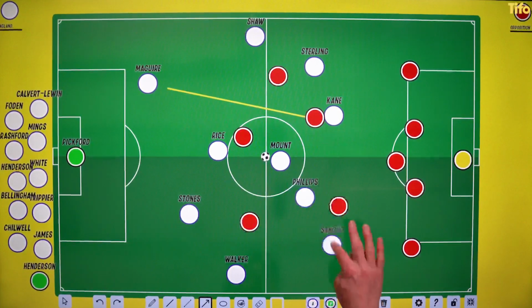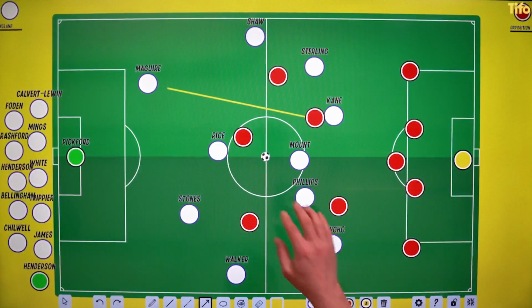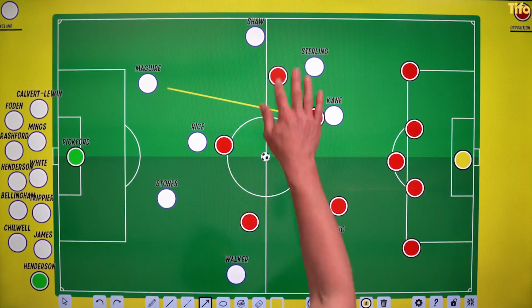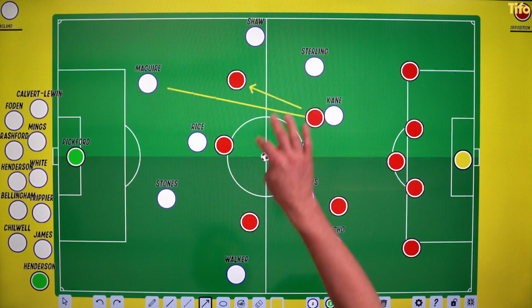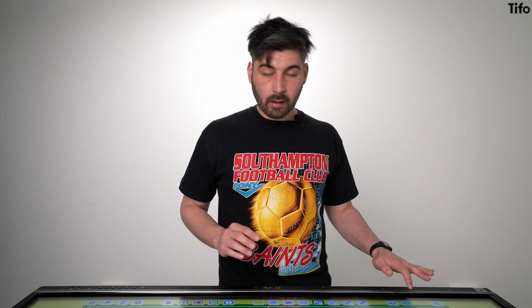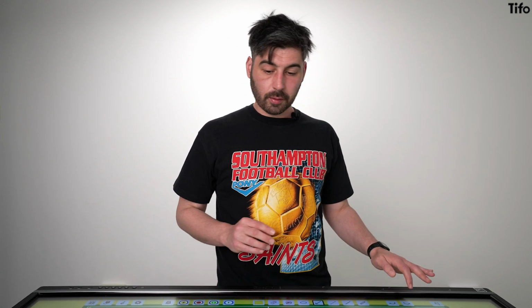And if England are pushed up here, like they sometimes are, then it can become quite easy to create numerical overloads once the ball is won back, and then you've got players attacking here like this. And that causes problems for England's back four, even with Declan Rice in there. So that's one of the reasons why England favour this slow, patient build-up from the back initially.